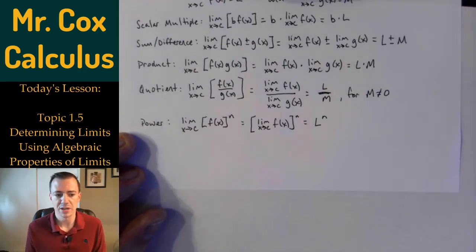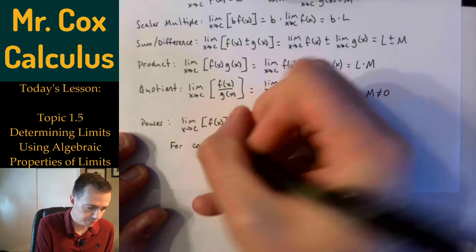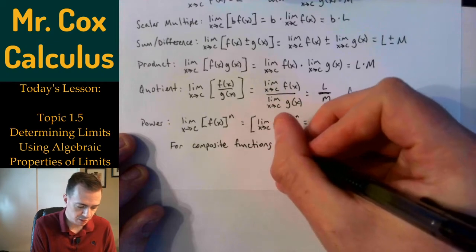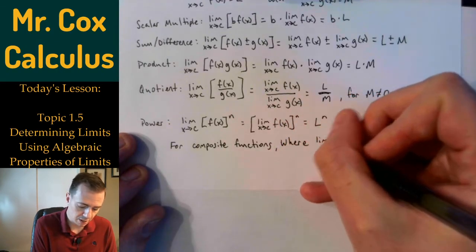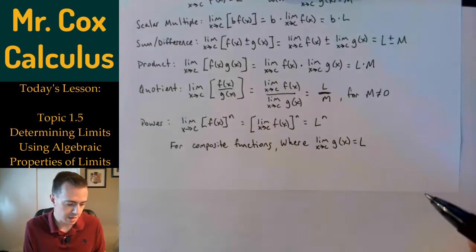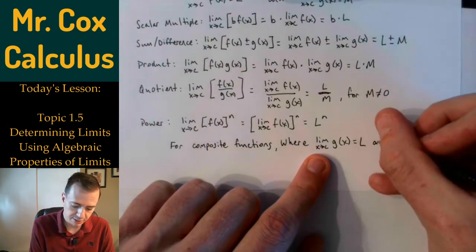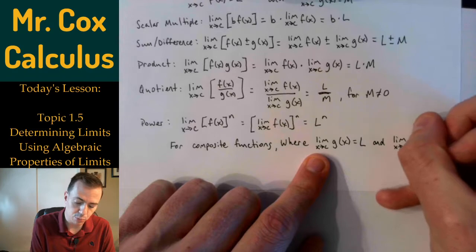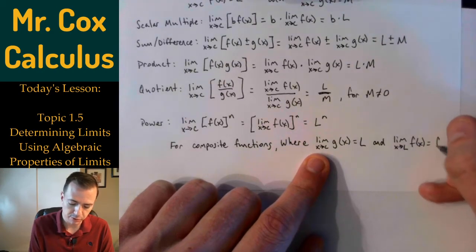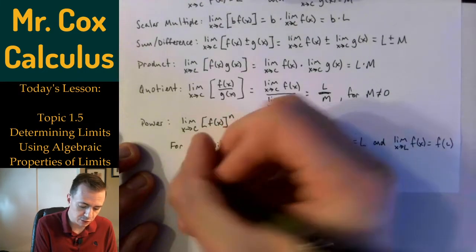There's one last thing that I want to make sure that we add here in this video, and that's going to be looking at the limits of composite functions. For composite functions, where the limit as x approaches c of g of x is equal to L. So whatever the g of x, as I get close to c, if I'm approaching L, and then let's say the limit as x is approaching L of f of x, as long as that equals f of L, which is what we've seen in a lot of very intuitive functions, then this means when we do composite limits,